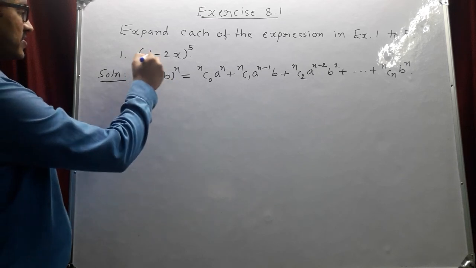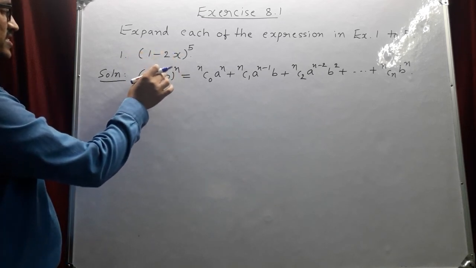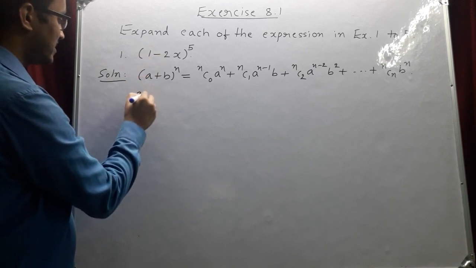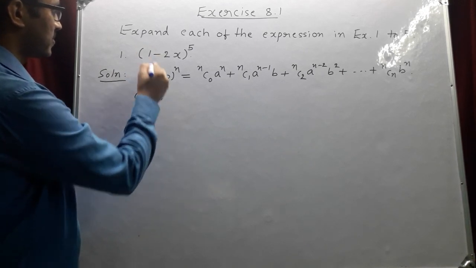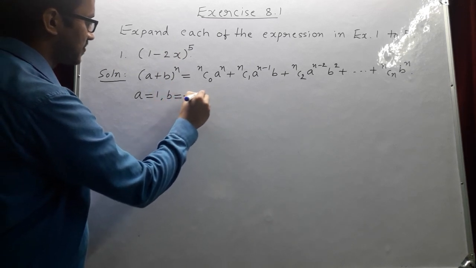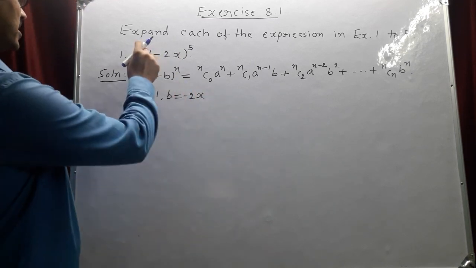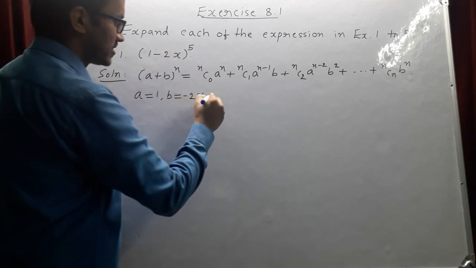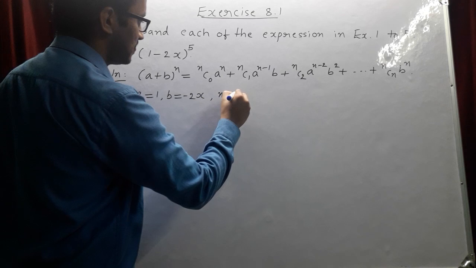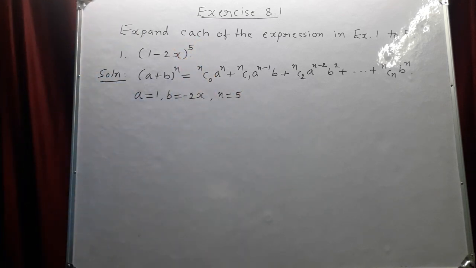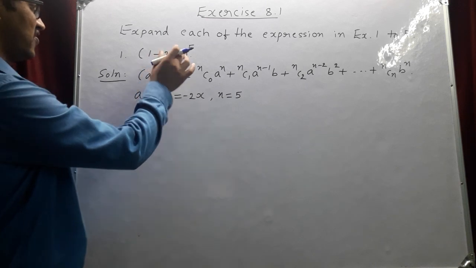So if you compare this with the standard expansion, we can take a is equal to 1 and b is equal to minus 2x. So here a value becomes 1, b value becomes minus 2x and n value becomes 5. So the expansion of this one,